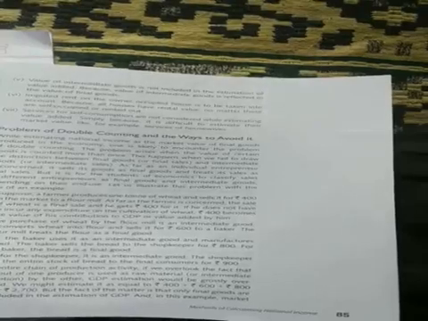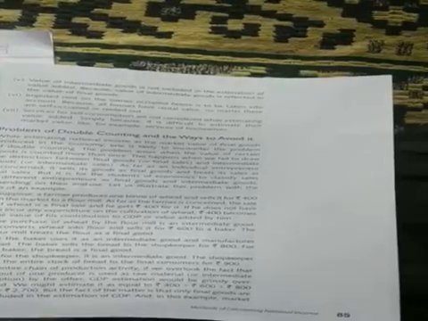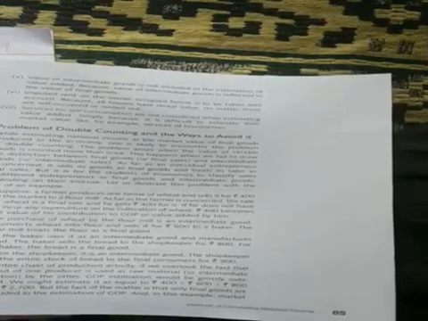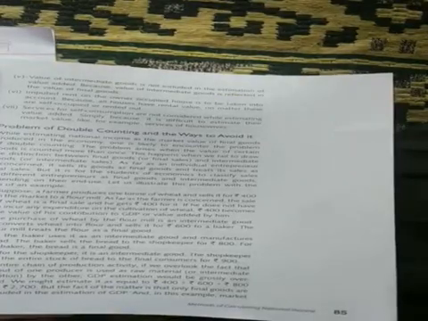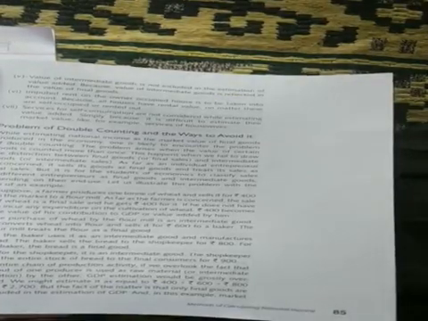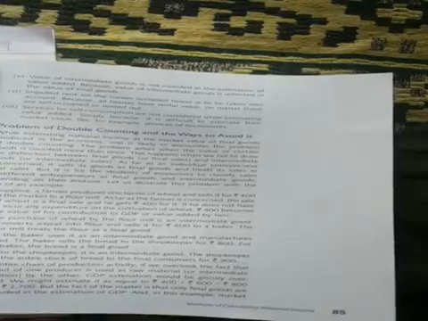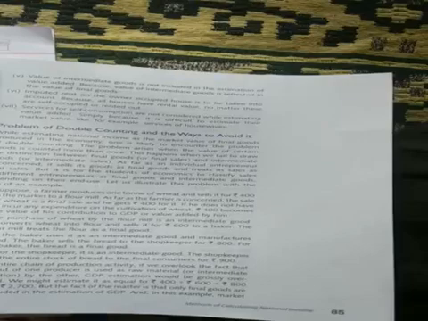Imputed rent on owner's occupied house is to be taken into account. If the land is self-owned, the imputed rent is to be included, because if a producer is taking land on rent, he has to pay rent. But if the land is his own, he does not pay rent.